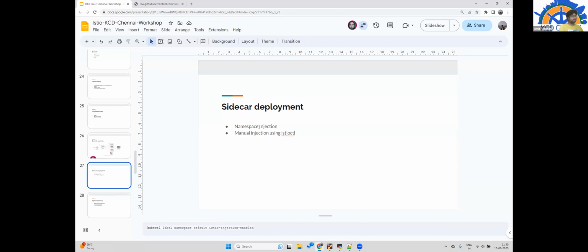This is done by a mutating webhook, one of the features in Kubernetes. A mutating webhook server will be running, and it will be watching that particular namespace for each and every workload resource you deploy on it.